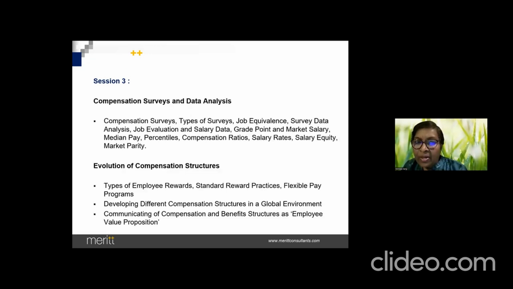Thereafter, we will be talking about everything about external equity. That is, when you compare your salaries with the market. So, how do you do a benchmarking survey? How do you, first of all, identify positions? Then, if you get salary data, that is benchmark data, how do you read that? Then, how do you position yourself? Where do you want to be? How do you actually start looking at the entire restructuring of the salary? What are those elements of salary range, salary grades, midpoint differentials, etc. That is what we are going to do in this, along with a certain amount of compensation analytics as well.